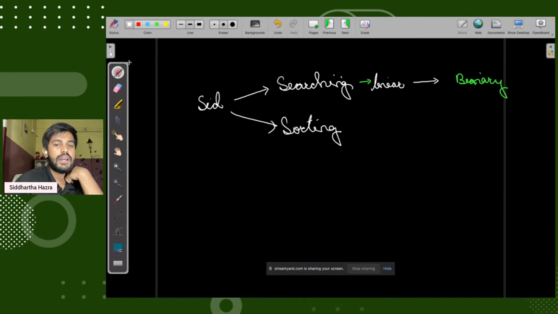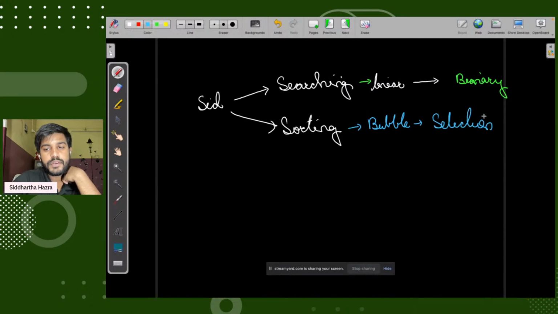And for sorting, first is bubble sort and then selection sort.